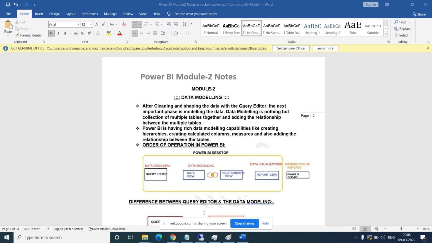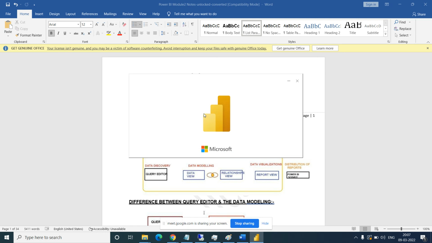So it is the same like this, but here we will not do the joining. Here we will have more tables. We'll make a relation like merging, and you don't need to create a kind of left or right join. It is just a relation. What kind of relation? Cardinality: one to many, many to one. We already talked about and learned this. What is cardinality? What are the types of cardinality? And what is the use of this? So the same thing we will be using here.